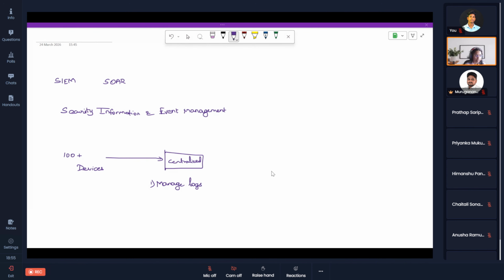So that is one of the reasons why you're bringing it to your centralized location. The other major reason is, okay, so the other one is, okay,